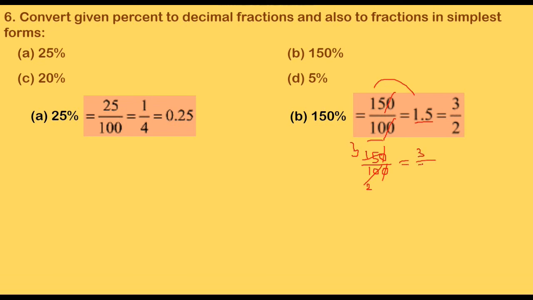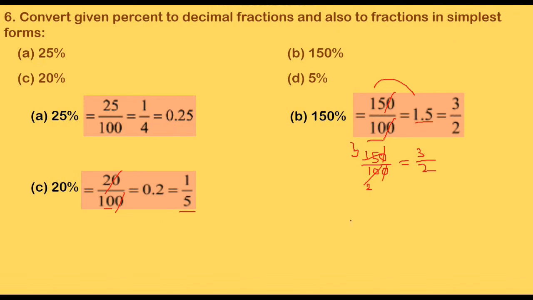Question number 6, C. 20%. Again, as I said, if the denominator is a multiple of 10, here it is 100, so just cut it. Again, it is having the denominator as a multiple of 10 only. So just count the number of digits, put the decimal before one digit because we have one 0 in the denominator. Again take 20%. So it will be 20 upon 100 and reduce it to the lowest term to get the fraction in simplest form.